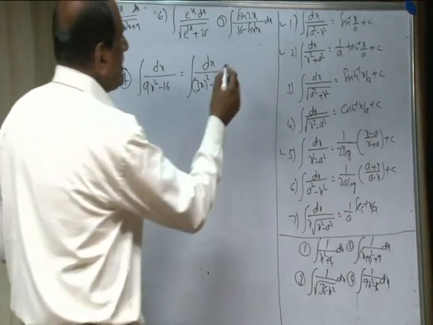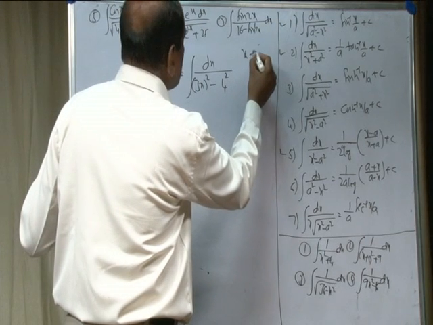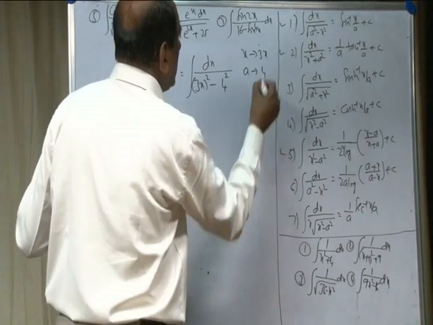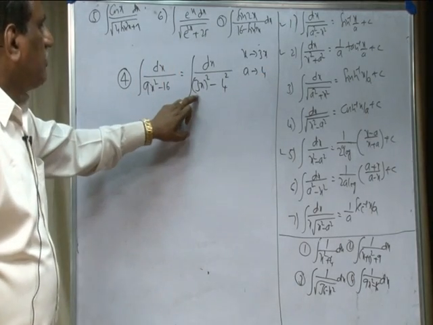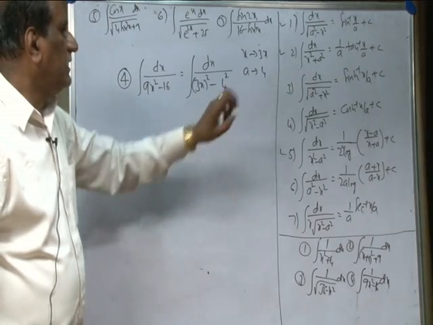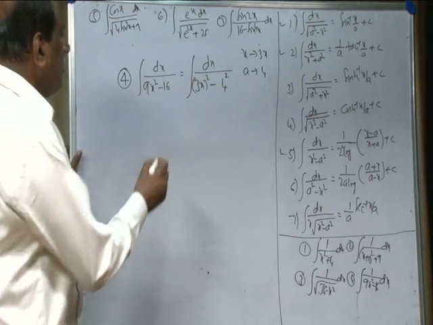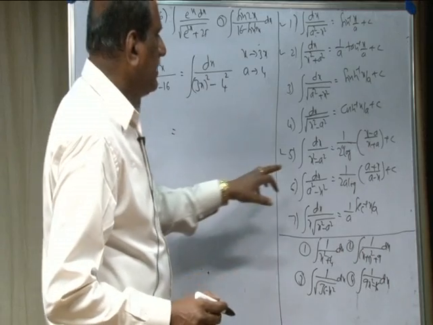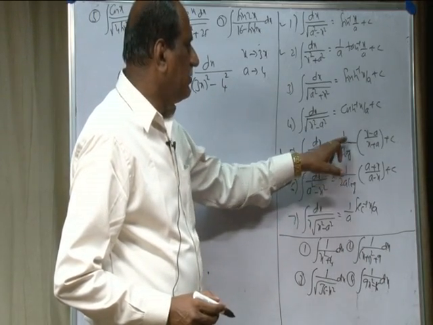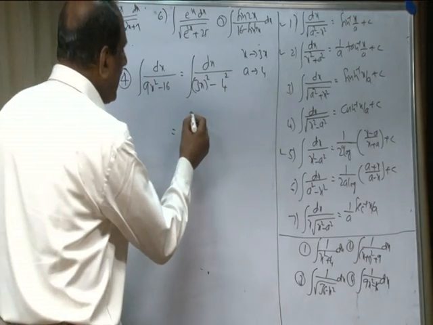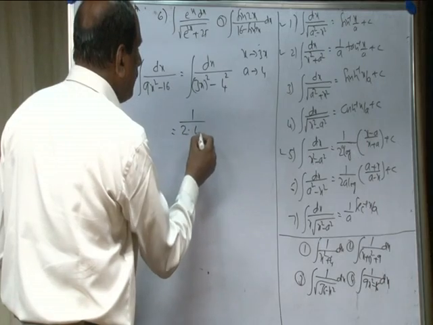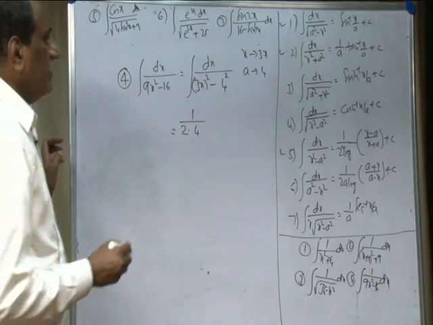So, now what is there in the place of x? x is equal to 3x, a is equal to 4, so x square means 3x whole square, x is 3x, a is 4, that is a square. Now, what is the result? That is the integral of dx by x square minus a square is equal to 1 by 2a log of, 1 by 2 into a, what is a? 4, 2 into 4 log of